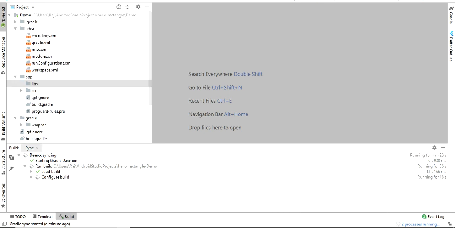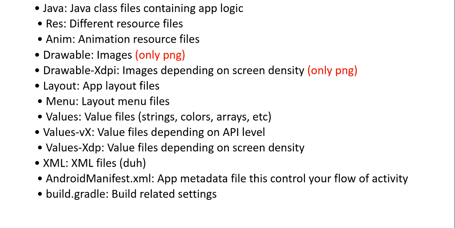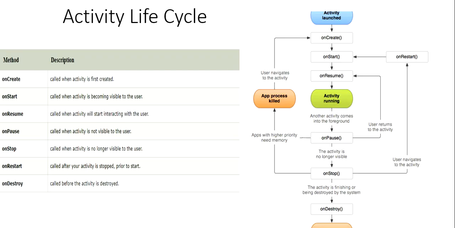You can see here our project is still building, so we should continue with our slide part. Okay, I am explaining these terms using Android Studio, so we should move forward.